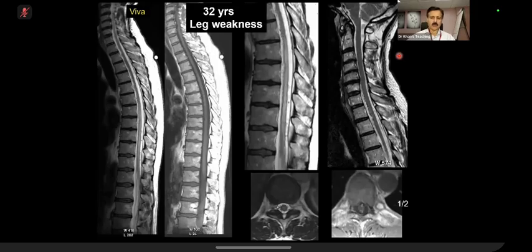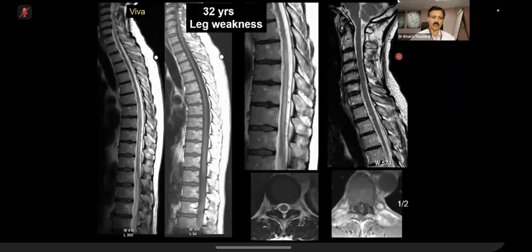There are many types of vascular malformations in the cord, and this one is the most important, which has come in the exam quite a few times. And now I understand why it is important, because now I have seen about 3 or 4 cases in my clinical experience where these patients have presented with some symptoms, just like a GP referral or things like that, and actually there was a dural AV fistula, and it was